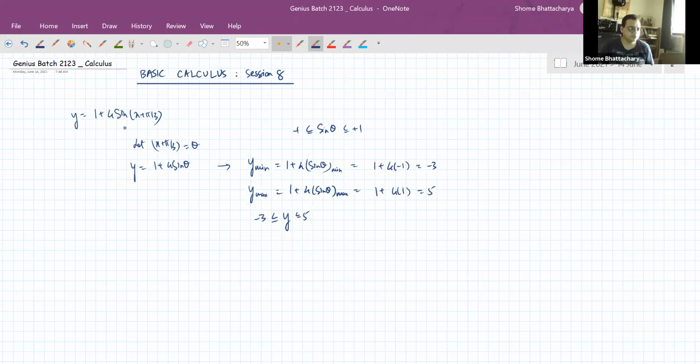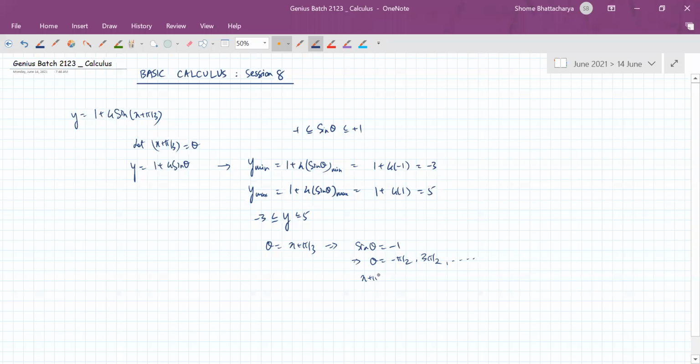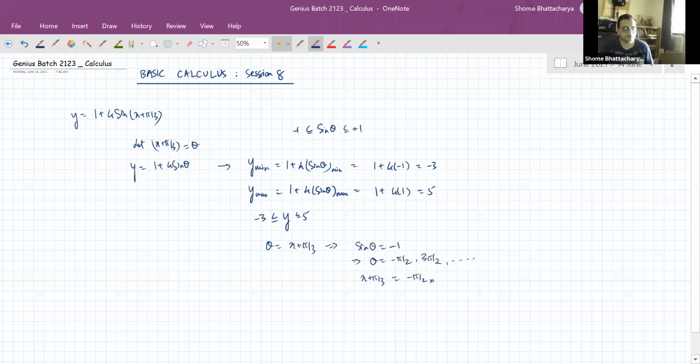Practically, let me explain to you here. Theta is x plus pi by 3. So if sine theta is equal to -1, theta should be either minus pi by 2 or 3 pi by 2, and so on. So x plus pi by 3 should be equal to minus pi by 2 or 3 pi by 2 or such values. That means x should become pi by 3 minus pi by 2, which you will see is minus pi by 6,